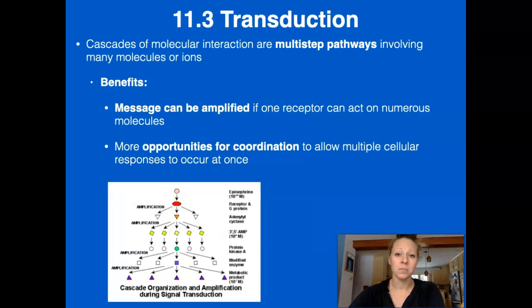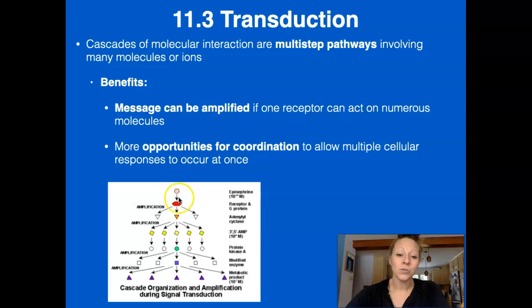So let's get started. The first thing we're going to talk about is cascades. If we look here, we have, let's call it, an epinephrine. We have one molecule of epinephrine, and it's going to act on one molecule, and it can potentially act over and over again on this molecule, which is going to amplify this message. So one epinephrine can act on a single molecule many times. And so this is going to amplify. It's going to make the message larger, right? It's going to allow it to be, if you will, a little bit louder.